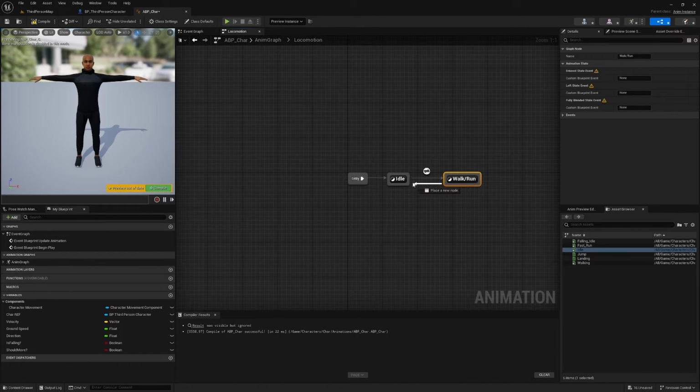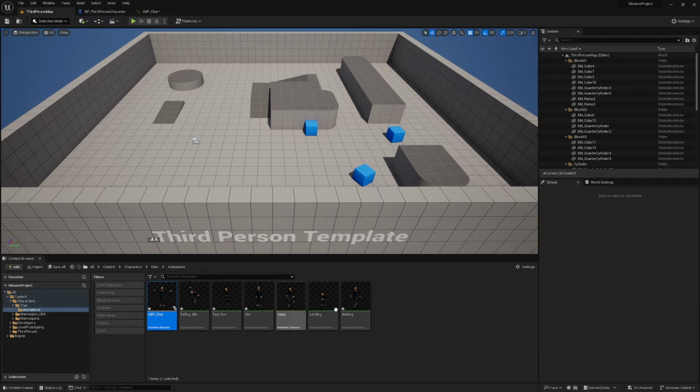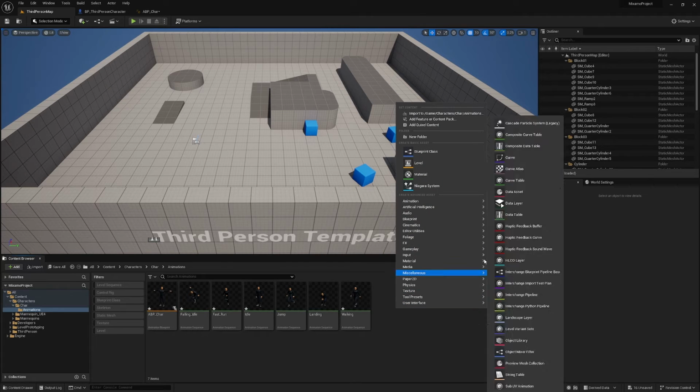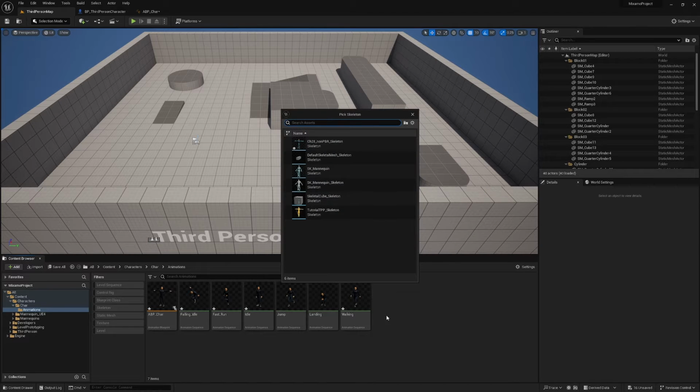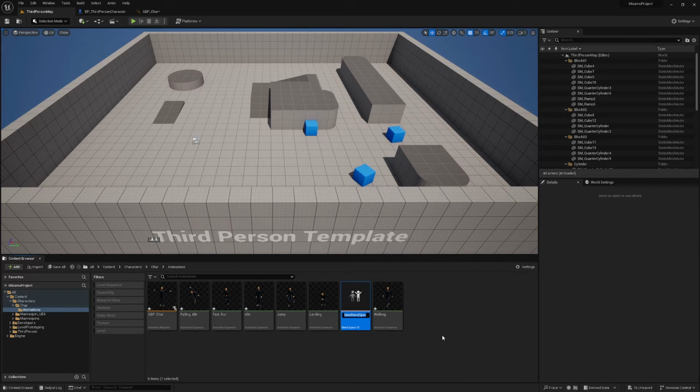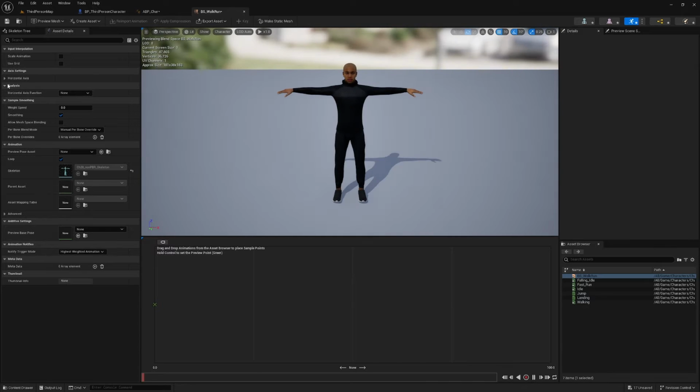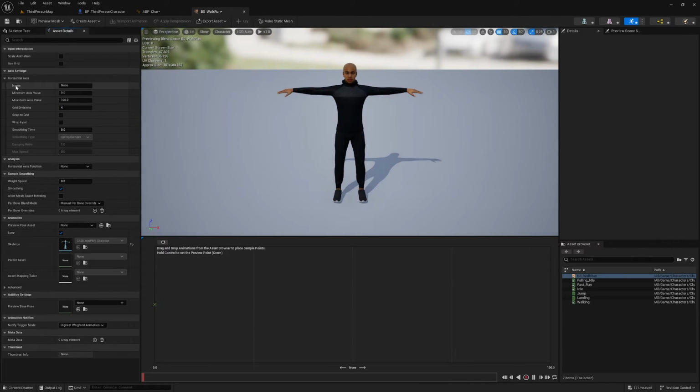And actually we need to create a blend space for walk/run, so what we're going to do is go to our animations folder here and right click, and in animation and legacy find blend space 1D. Select your character skeleton. I'm going to call this BS_walk_run. Open this up, and over here on the left I'm going to drop down this horizontal axes menu and change the name to speed, and I'm going to make the maximum axis value 500 because that's our character's